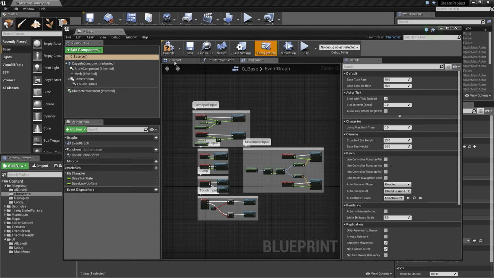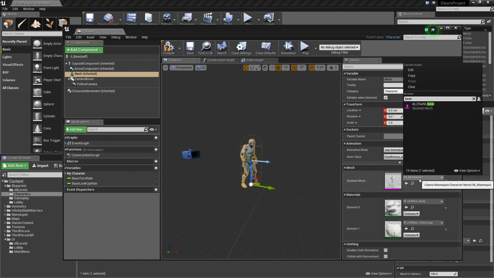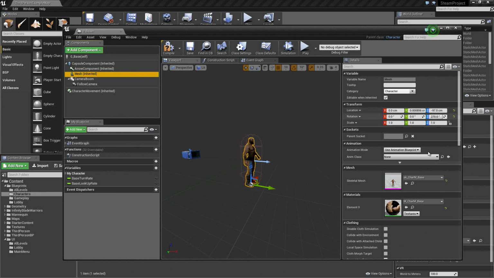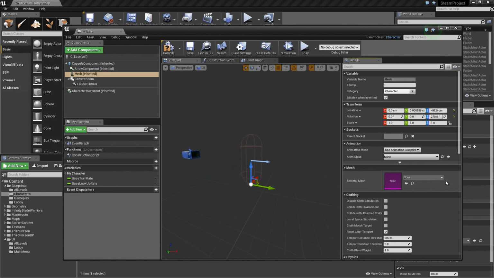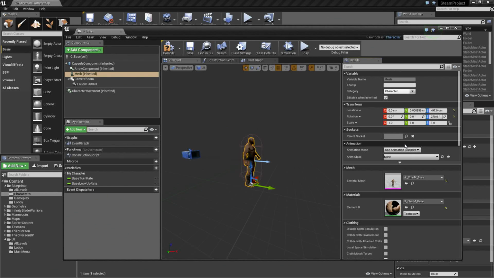One thing we could do though, if we go to the viewport, let's just do this. We could select the mesh. And if we go down to the skeletal mesh here, I believe there is a base character that comes with the Infinity Blade character. So if you want, go ahead and choose the base character. Once we get towards the end of this, we're going to null out this character anyway, so you won't see it. It'll just be an empty shell running around before you select your character. But for now, we're going to use the base character like so. We also are going to assign an animation blueprint here towards the end of this video. We're not going to do it now, but we'll come back and do that as well.